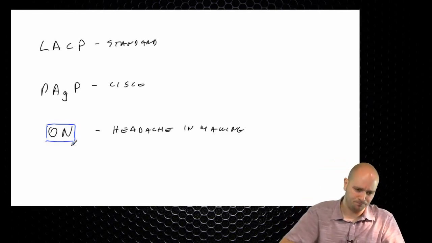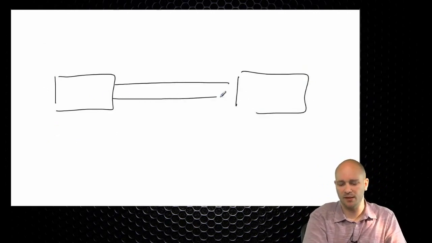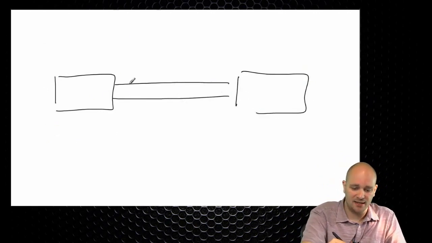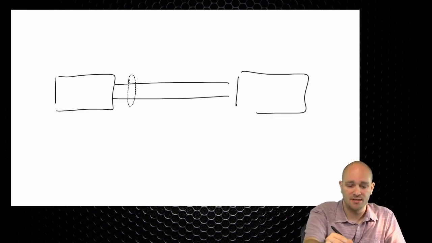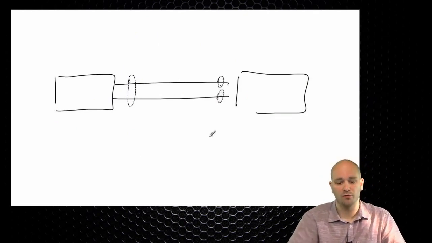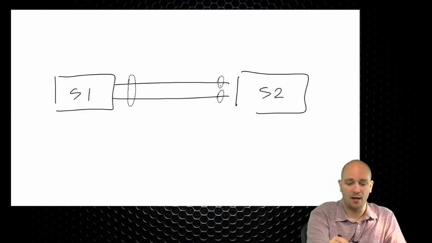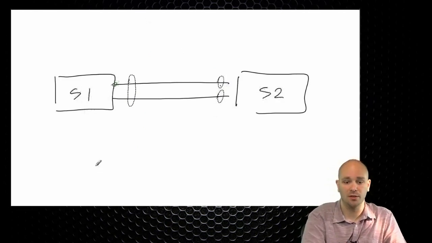Let me actually use the whiteboard, it's easier to explain that way. So let's say that we have two devices, okay? And we have two links between them. On this side here, I have configured EtherChannel, but these are standalone ports on this side. So there is no EtherChannel configured on this device. So we have switch 1 and switch 2. Now, let's say that this one was mastering the bundle